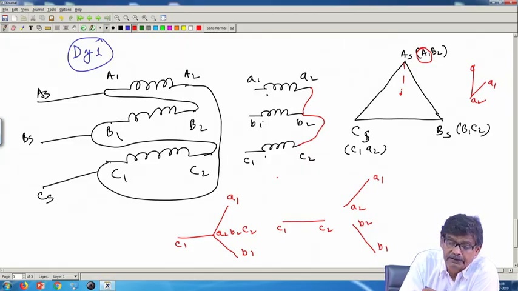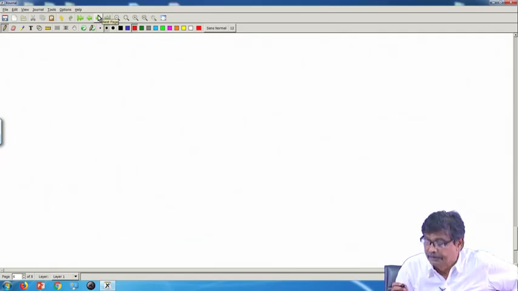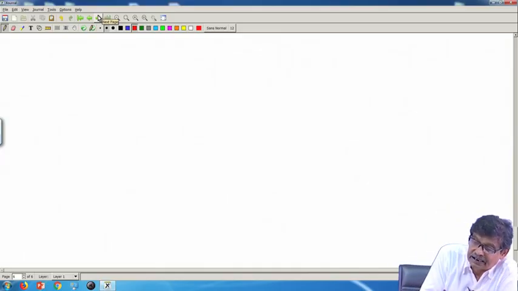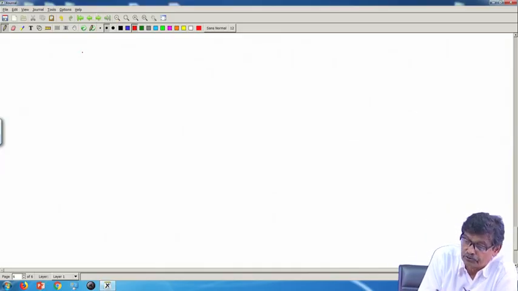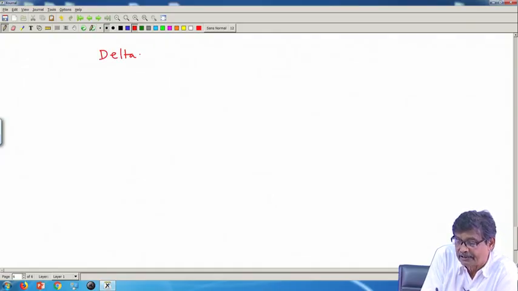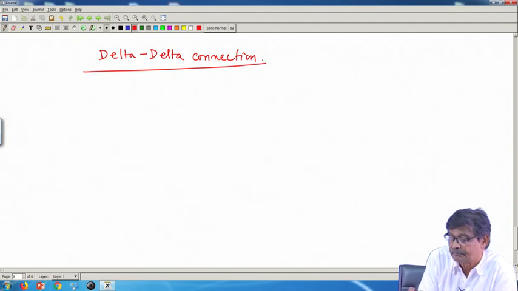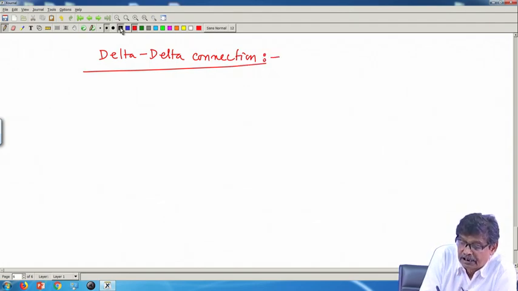So, this is the vector group. Similarly, the last connection here is the delta delta connection. Star star connection is so simple. This I will just mention, delta delta connection. Okay. So, delta delta connection means